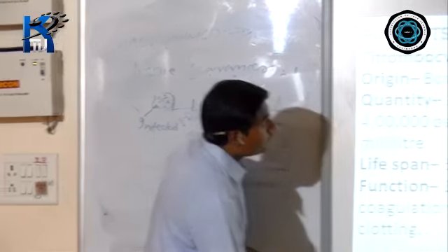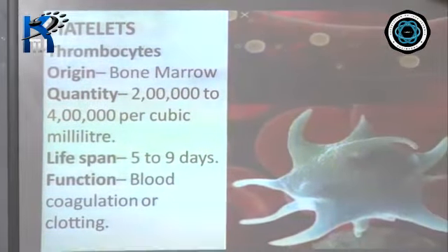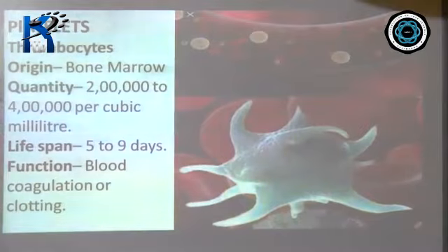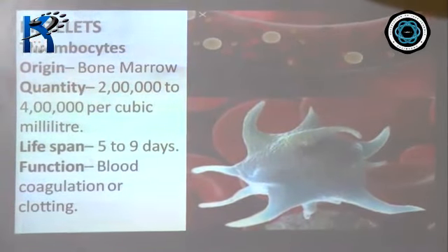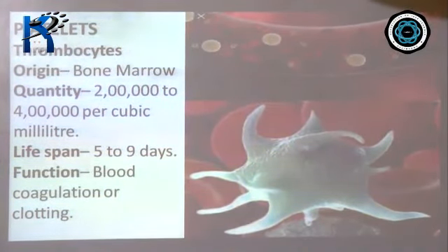Next, now come to the next part of the composition of blood. In that we have already discussed the corpuscles, and when I say corpuscles, free floating cells are called corpuscles. In corpuscles you came across RBC and the different types of WBC. Now platelets are not called corpuscles. Why? Because platelets are not true cells.